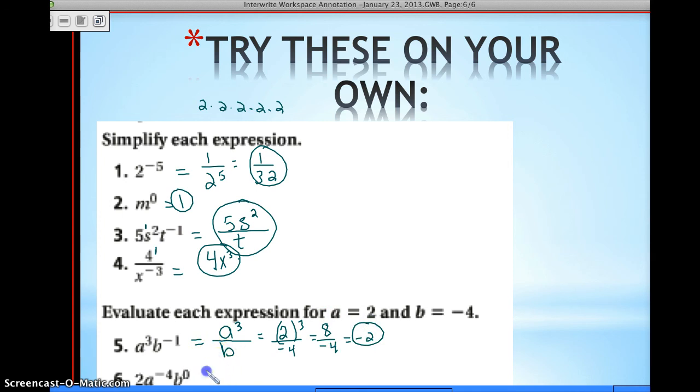Go ahead and try this one. We get fraction bar. I'm going to do it over here. The 2 is to the first, so that stays. The -4 on the A drops and goes positive. And the b to the 0 is just 1, so you actually don't need that. Substituting in my A, which is 2, that'd be 2 to the 4th. 2 divided by 16, which simplifies to 1 over 8. And there is